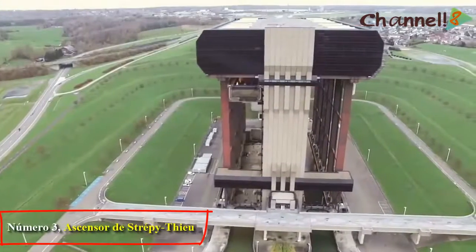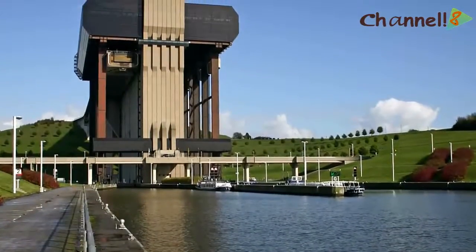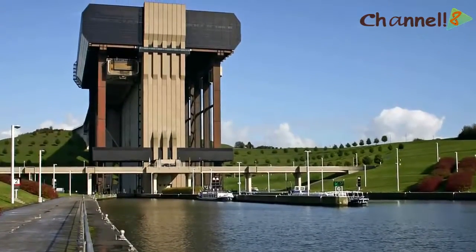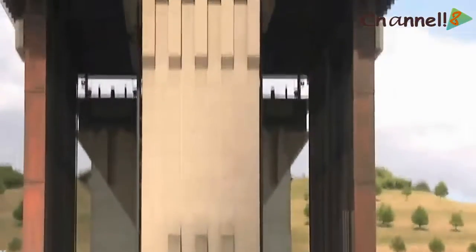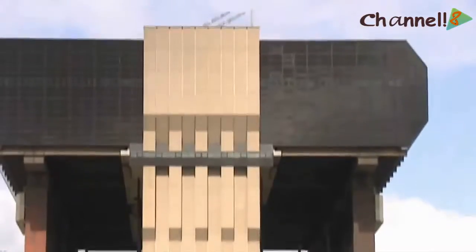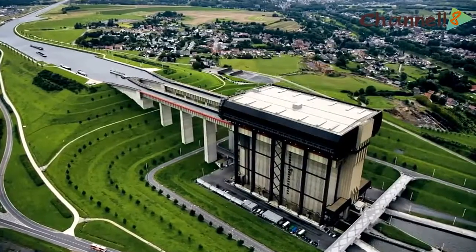Number 3. Strépy-Thieu Elevator. The zone of Belgium in which the Strépy-Thieu elevator was installed is one of those that have the highest freight traffic in the world. Specifically, it is located in the Center Canal linking the rivers Meuse and Escaut. The 74 meters of difference made it the highest in the world